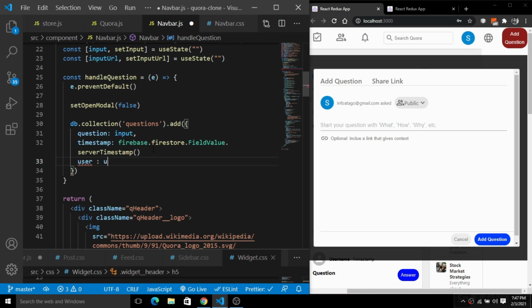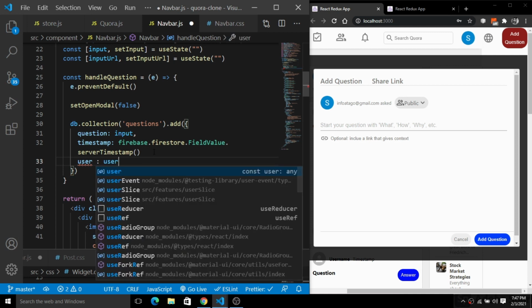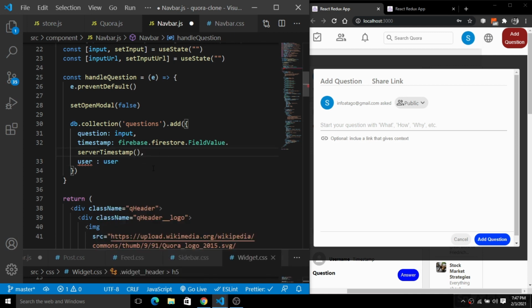So we have this question, and we have this time, and we will also add the user here. We push the user directly to Firebase. It will enable us to analyze by whom the question has been pushed to Firebase. It will detect that user and push that user to Firebase.